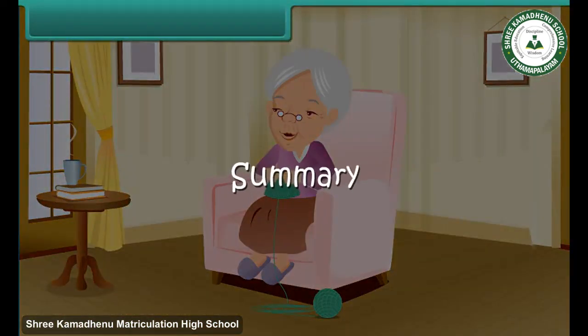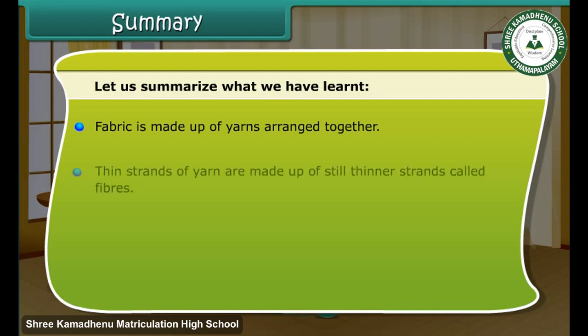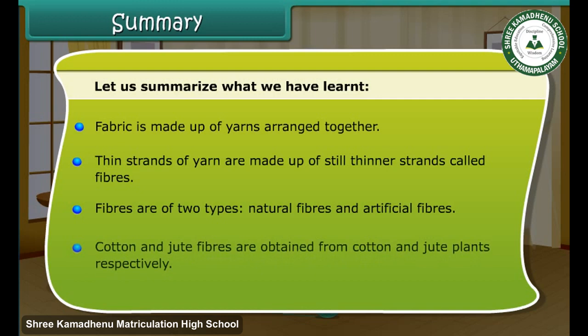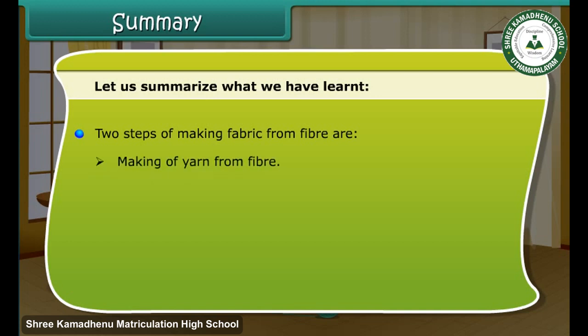Summary. Let us summarize what we have learned. Fabric is made up of yarns arranged together. Thin strands of yarn are made up of still thinner strands called fibers. Fibers are of two types: natural fibers and artificial fibers. Cotton and jute fibers are obtained from cotton and jute plants respectively. Two steps of making fabric from fiber are: 1. Making of yarn from fiber. 2. Making